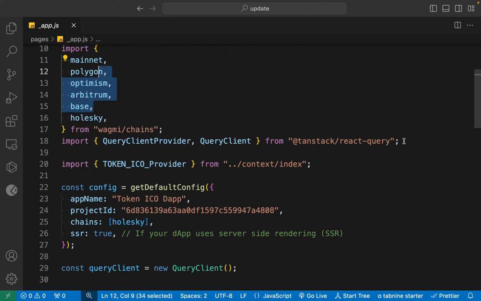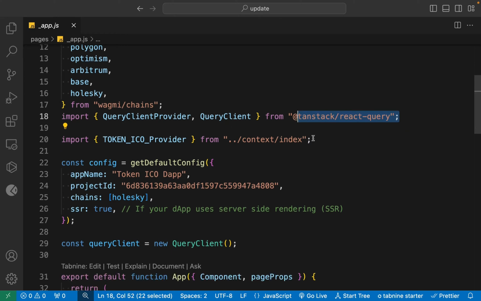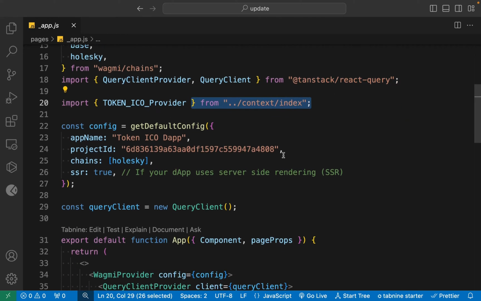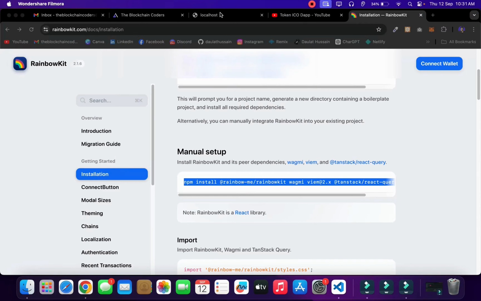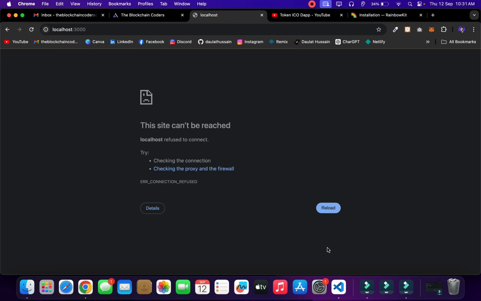Now here we have the clients, which is coming from the query client provider and query, and this is our context for which we have done the configuration. This one is a very important thing. You can see we are using connect wallet in our project, so the user can simply scan it and connect. So if I come back here in the browser, go back to the application,